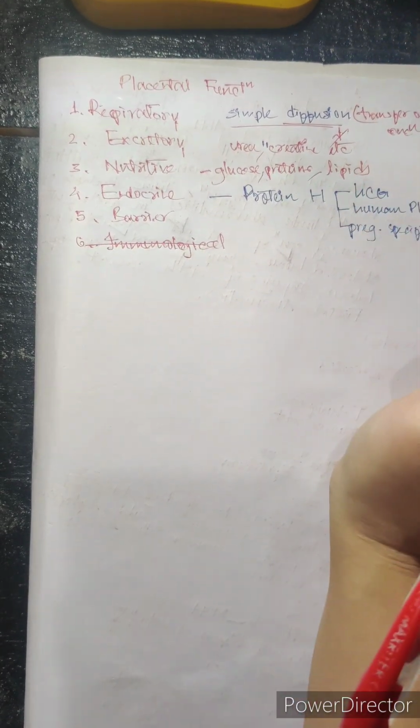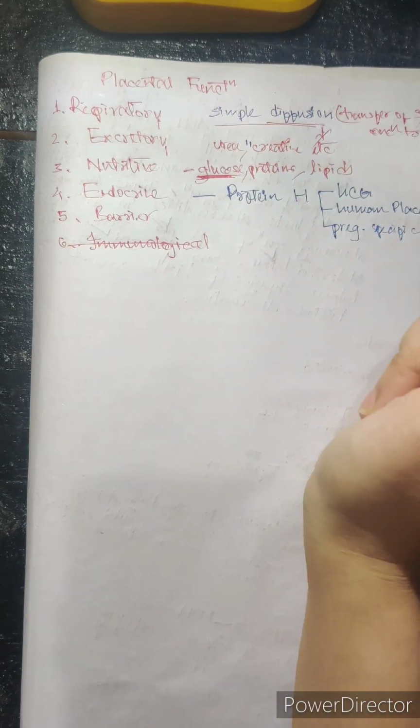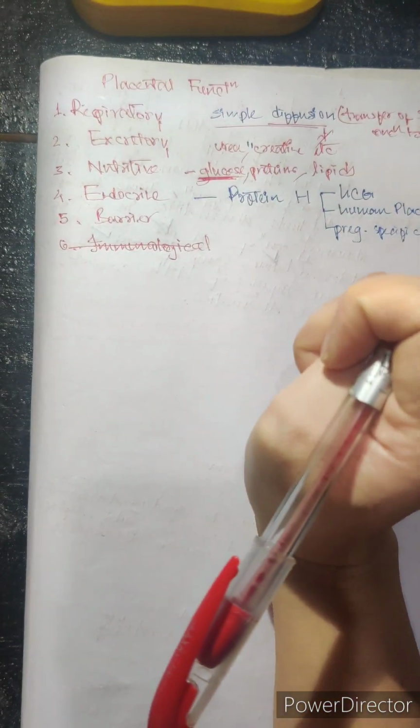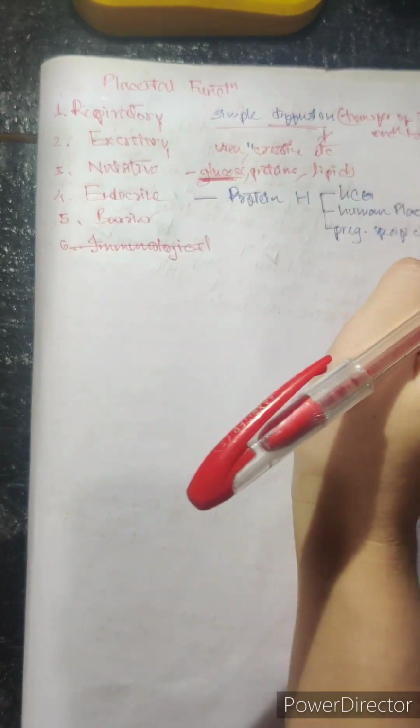So what happens here is that glucose is transported in the form of monosaccharides, the simplest form. Glucose, which is the main source of energy, is transported along the fetal tissues by the process known as